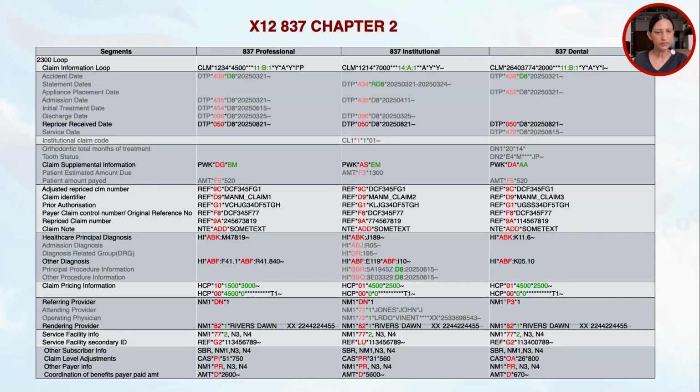Now, if there's another insurance company involved, we'll have another subscriber information part of this file. So the NM1 segment again will have the identifier IL. As we already know, for subscriber, the NM101 value IL stands for the subscriber's information or the insured's details. So the name and ID will go there. N3 and N4 are for address and city or state respectively.